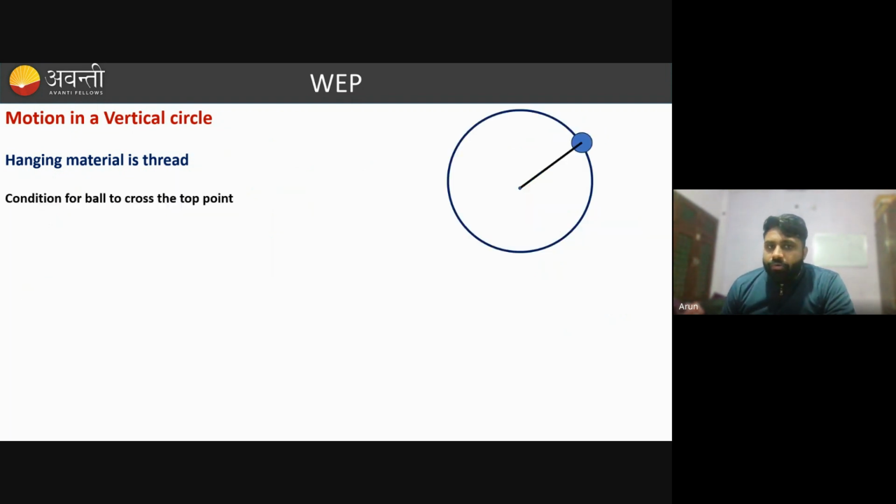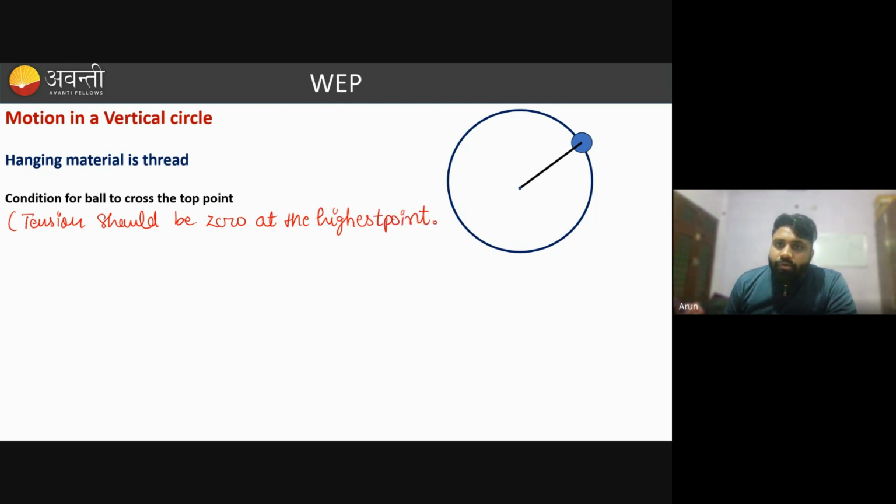Now, condition for ball to cross the top point. We have already discussed it. The condition for the ball to cross the top point is that tension should be 0 at the highest point. So at the highest point, we are supposed to say that the tension should be 0. In that case only the bob will complete the circle, or any material or any particle which is attached to this thread or string is going to